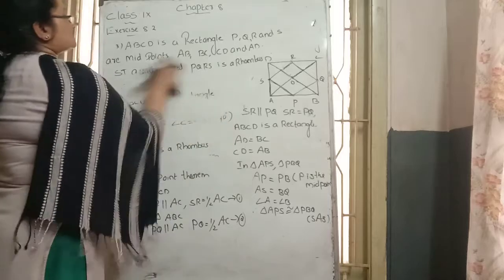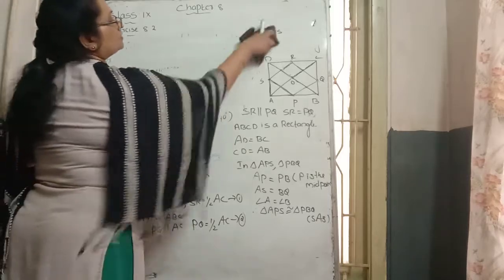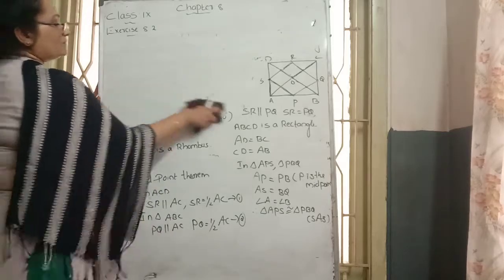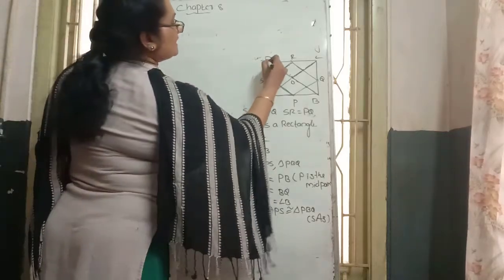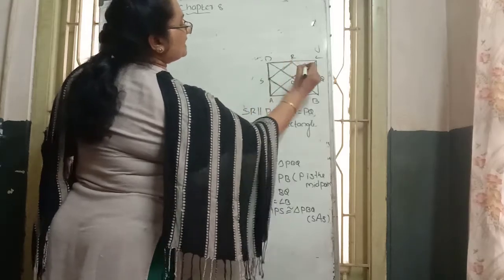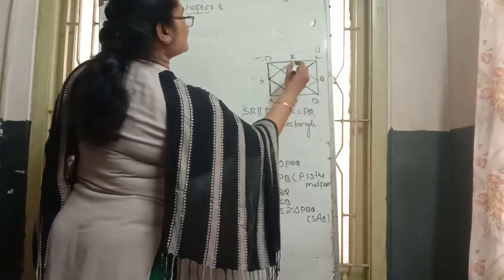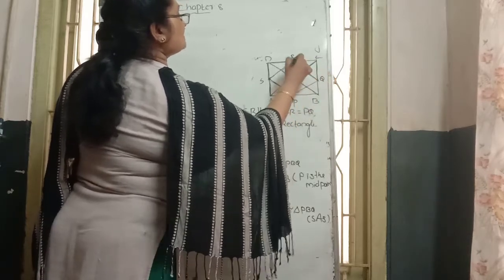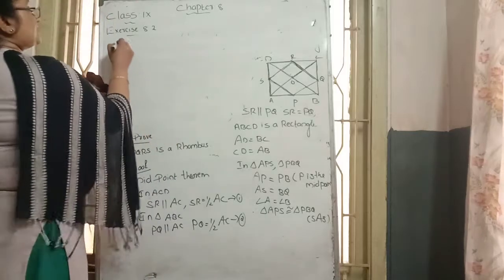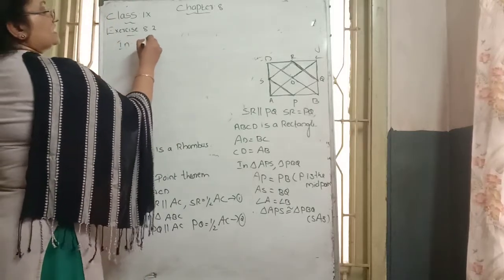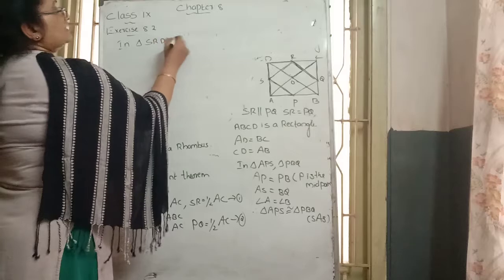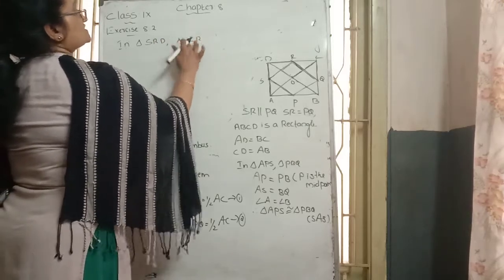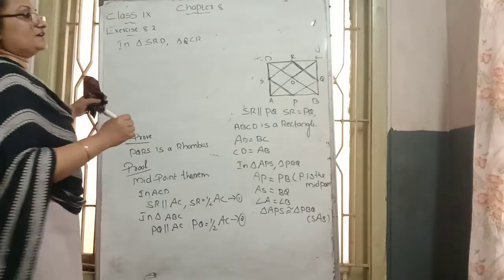In the same way, we consider the second small triangles. Which are they? The top part: triangle DSR, and the next one on this side. So we consider these two triangles: triangle SRD and the second triangle QCR.